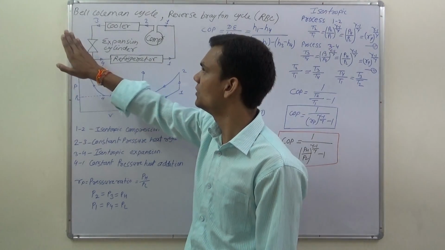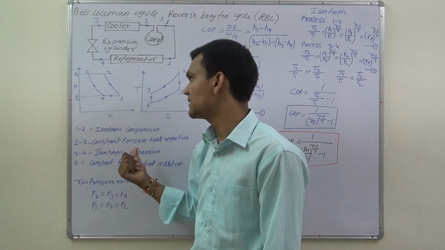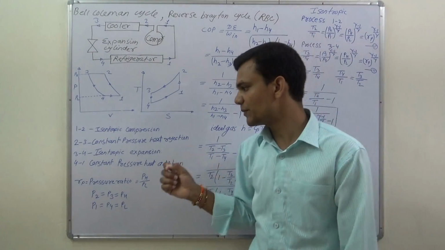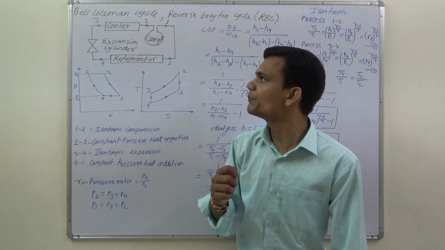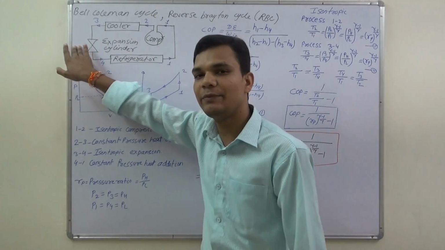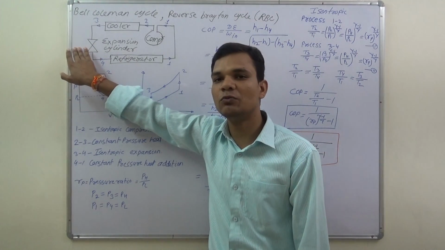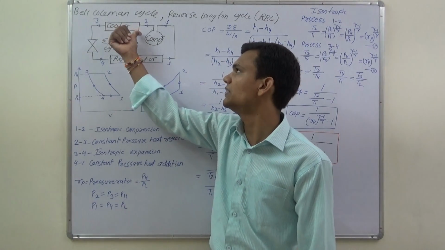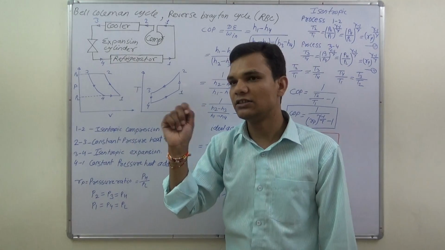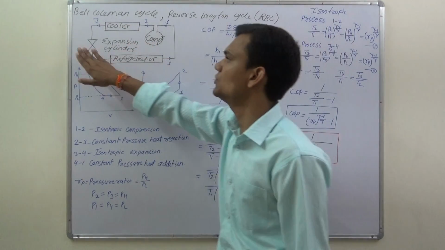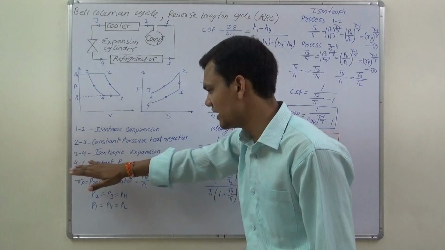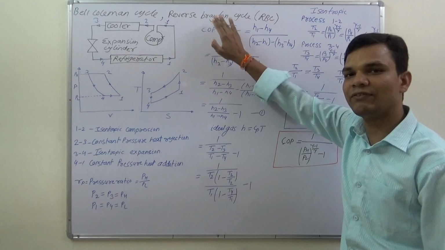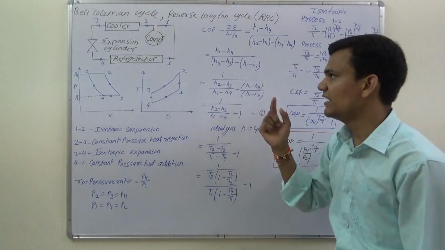So here we obtain some amount of work in the expander. Here we prefer the isentropic expansion process, but in the vapor compression refrigeration cycle we prefer isenthalpic expansion, because there in the expander we handle liquid, and the specific volume of the liquid varies less as compared to the specific volume of the saturated vapor. So there we prefer isenthalpic expansion, but here we are using isentropic expansion.